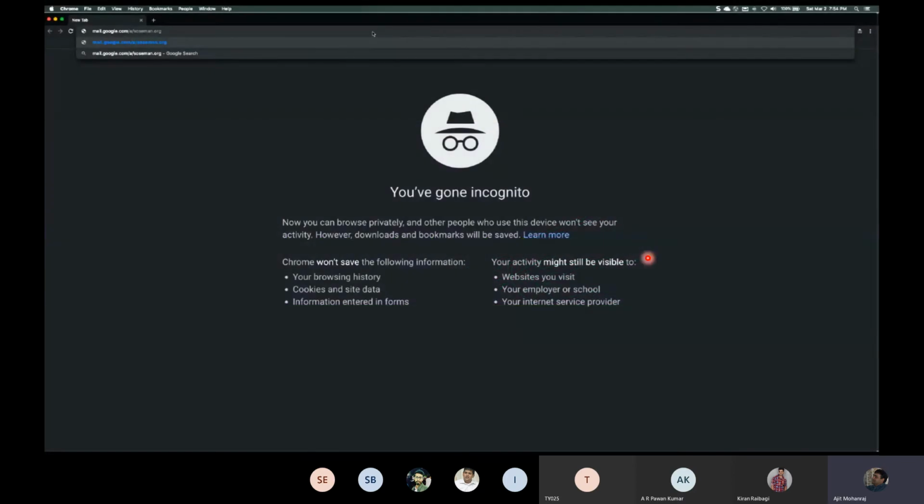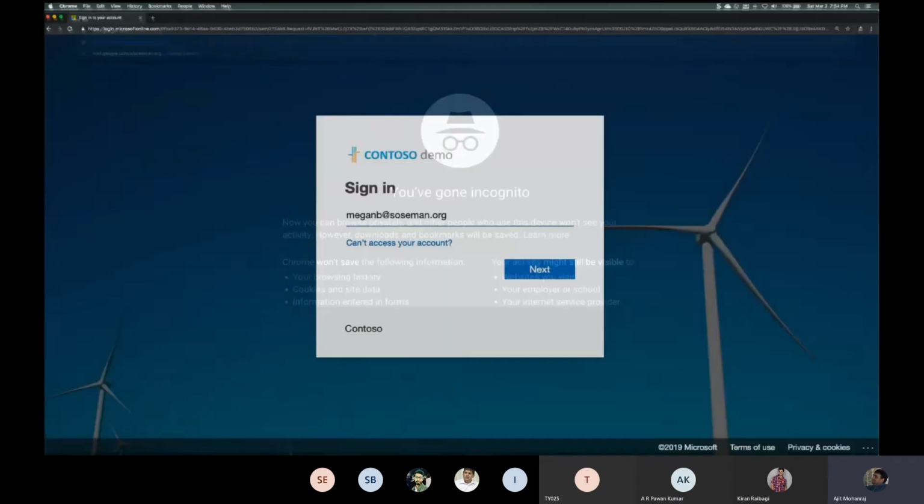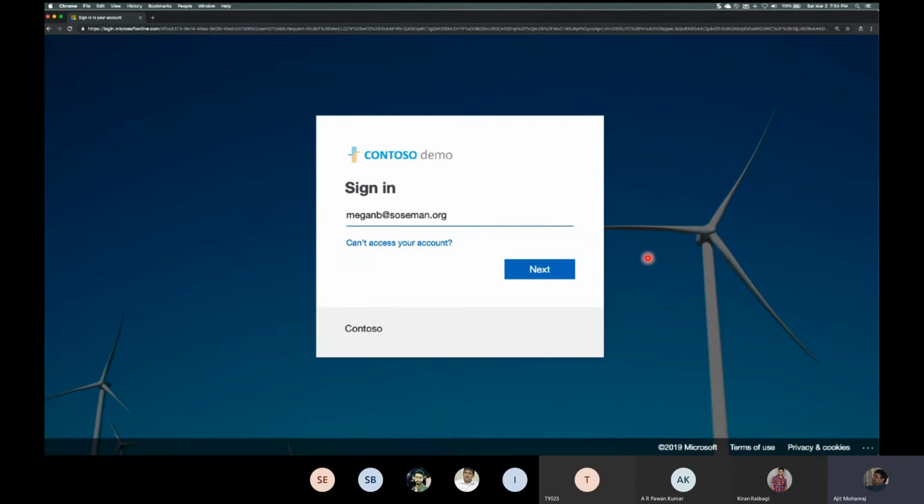So the thing about it is, if you can't see, it's very small, but I'm not logging into Microsoft. I'm logging, for example, to my G Suite or another SaaS application, could be Salesforce, whatever it is, right? Now, what happens quickly is Microsoft Azure AD jumps in and says, hey, this is my organization's welcome page. I'm part of Contoso. So sign in, right?